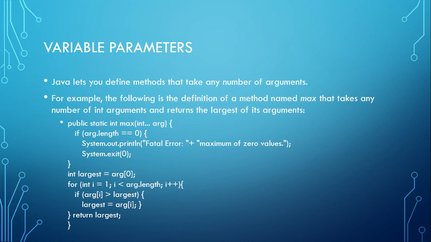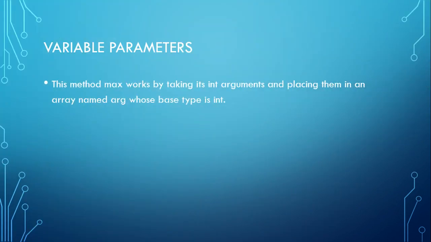Public static int max(int... arg) { if (arg.length == 0) { System.out.println("Fatal error: maximum of 0 values."); System.exit(0); } int largest = arg[0]; for (int i = 1; i < arg.length; i++) if (arg[i] > largest) largest = arg[i]; return largest; }